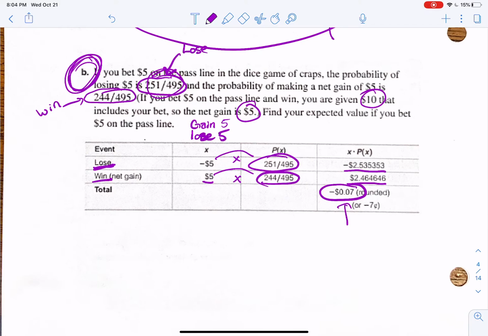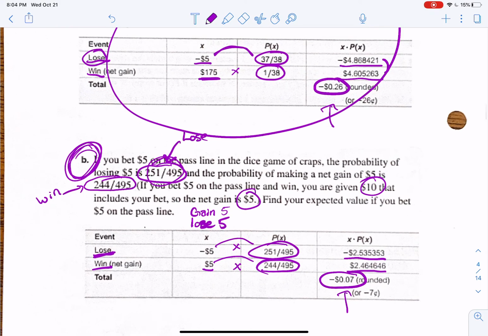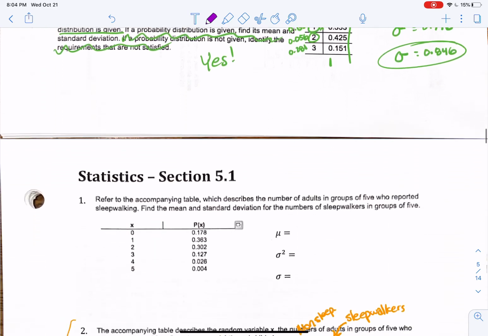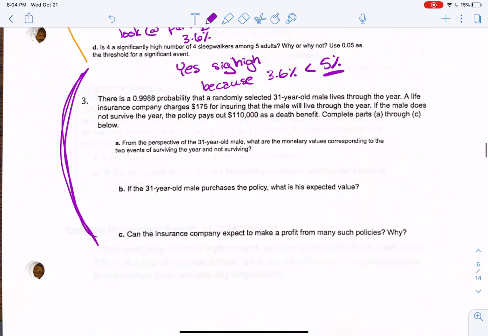So that's kind of how that is narrowed down, okay? There's a lot of probability and a lot of this stuff that goes into setting up games in casinos and stuff. Okay, now we're going to do another example like that where we have to set it up by ourselves, but this is not a gambling thing, although it still involves risk. We're talking about insurance, okay? I always said that if I wasn't going to be a math teacher, I wanted to be an actuary for an insurance company because they deal with this stuff all the time. They're dealing with probabilities all day long, and they want to make sure that in the end, the insurance company comes out on top and is making money.